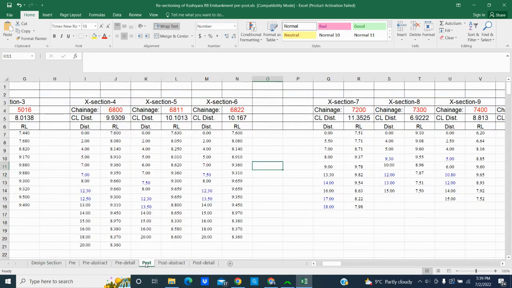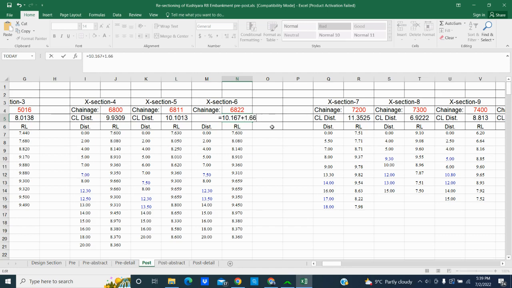And in the post-work, in section 6, the post-work section would be shifted leftward, so we have to add this reverse from the period